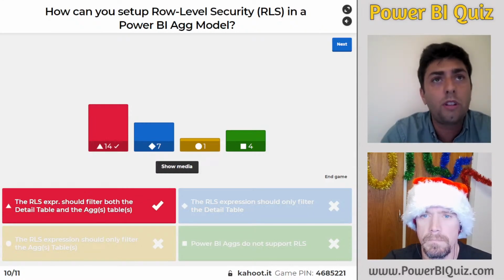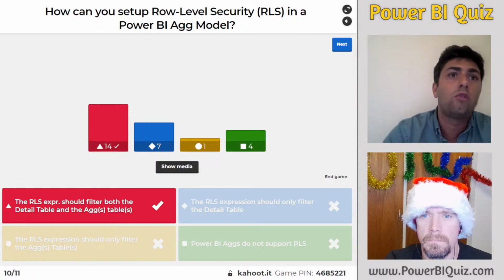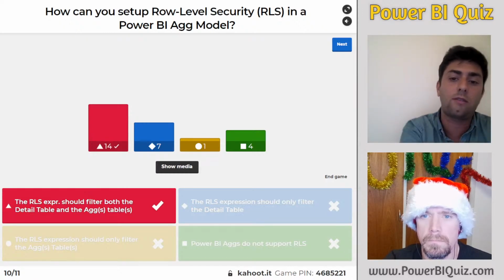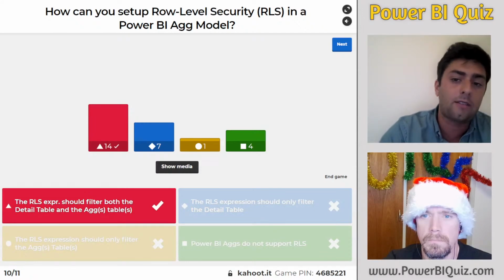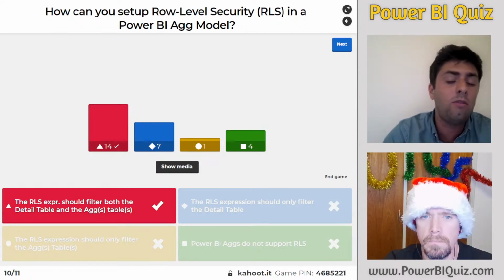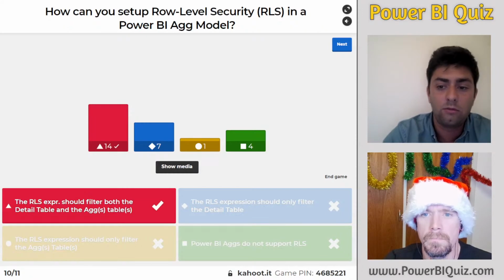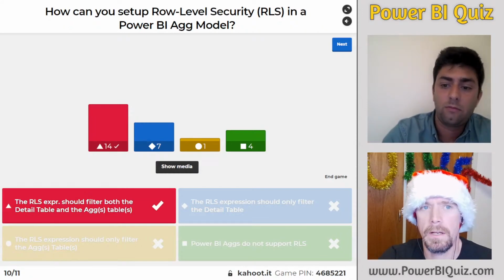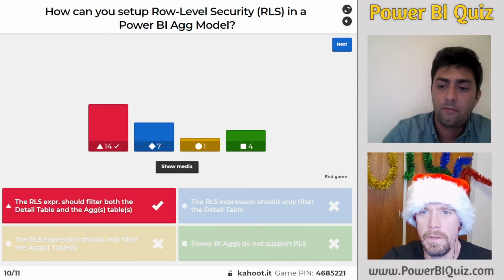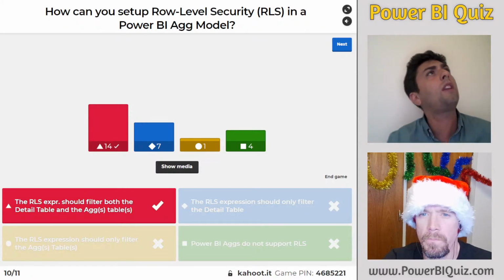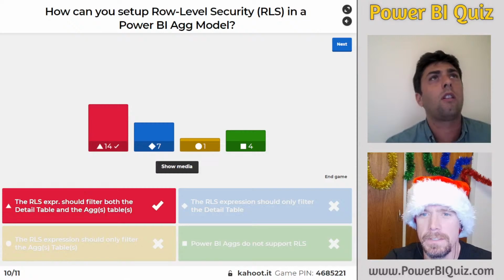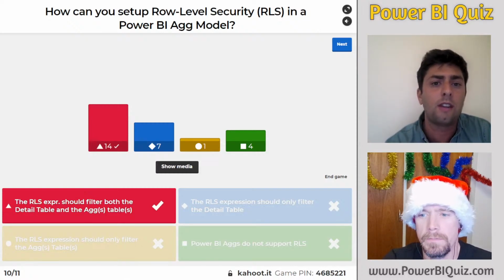If you try to put an expression on just an aggregated table or just the detailed table in direct query mode, it won't work. You will get an error. Okay, so if you put it on a dimension that is only connected to one of them, then you will also get an error, or? Yes, technically, I don't know. Yeah, it won't work. Technically, I think you will get an error saying that you're not allowed to see this data. Yeah, it will make sense, because then there will be leaks.